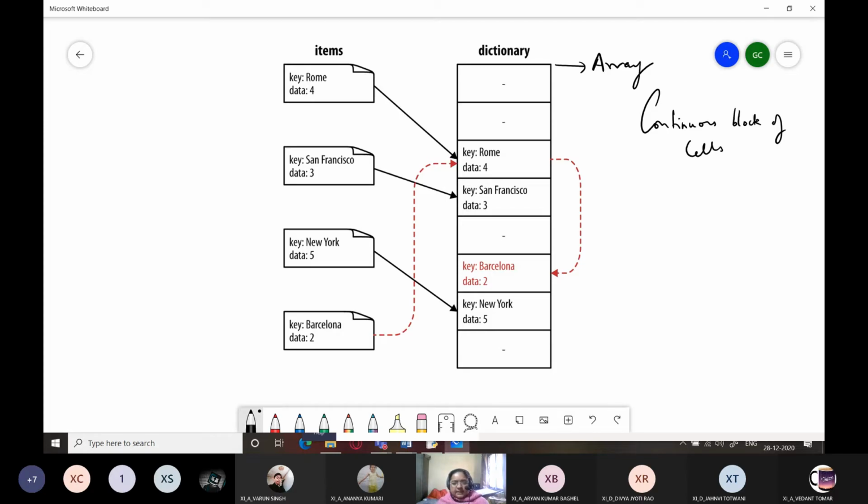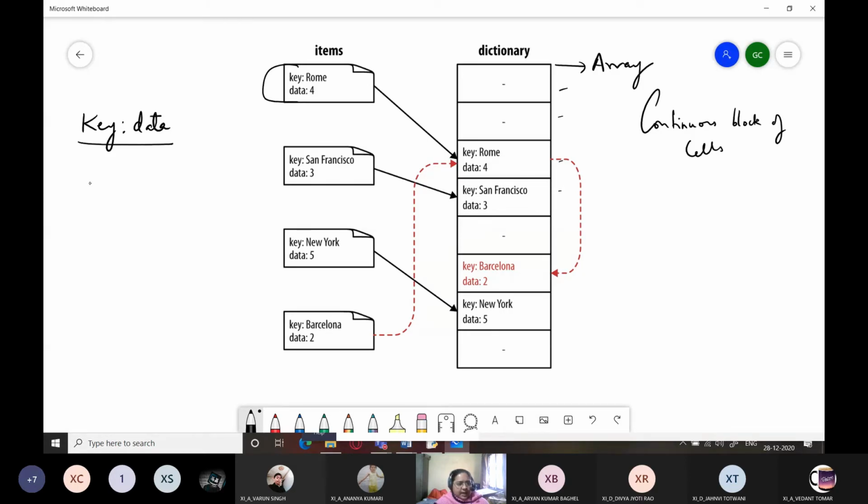So when people are sitting on the seats, you can understand where somebody is sitting by the seat number, right? So it is like a continuous block of cells which appear one after the other in the memory, in sequential memory locations or consecutive memory locations. So this array is completely handled internally. We provide the key and the data. Normally we have a key value pair or key data pair in a dictionary.